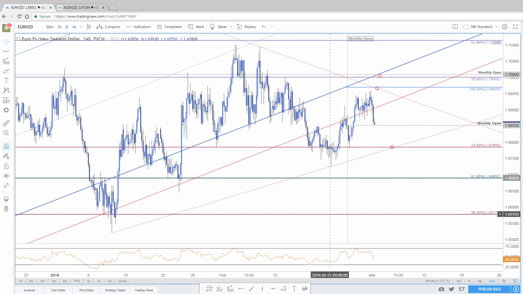67.85 is where the juice is, Pooja. If that level gives out, it's an objective break of the weekly opening range, and on the back of an outside reversal candle off resistance, might be a decent break to the downside. Now, my problem with that is what's going to fuel that, Pooja? Is it euro losses? We've been talking about euros coming into support. Or is it Kiwi gains? Kiwi's coming to support too, so that could see the bounce drive this lower. So just keep that in mind on this.